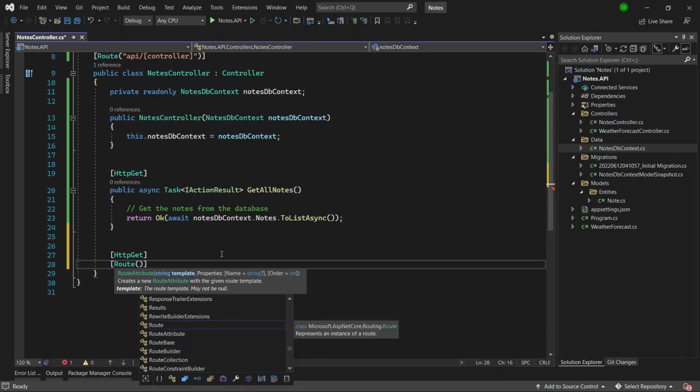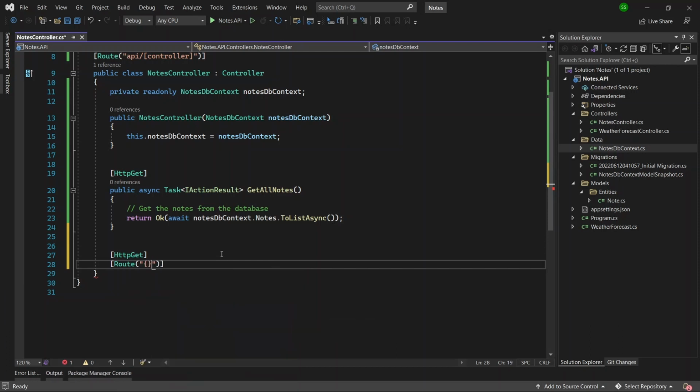Again, RESTful principles. So the route for this one would have in a string an ID. So after we are going to api/controller name/the ID. So basically that will be the single resource of notes,